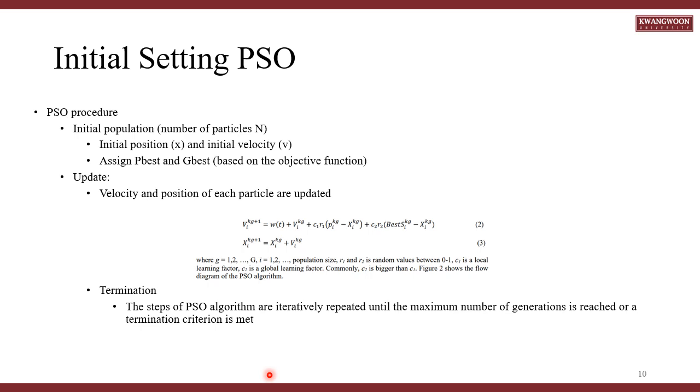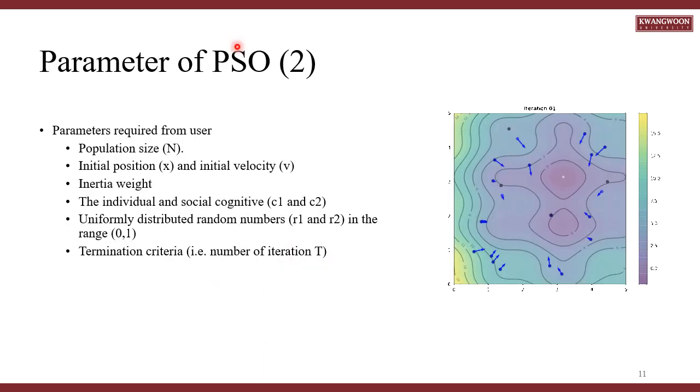The parameter that we can use to stop the iteration or learning process is called termination. Through this termination parameter, we can iteratively repeat until the maximum number of generations is reached or a termination criterion is met, or we can easily base it on the iteration value that we set in the initial parameter. Okay, so